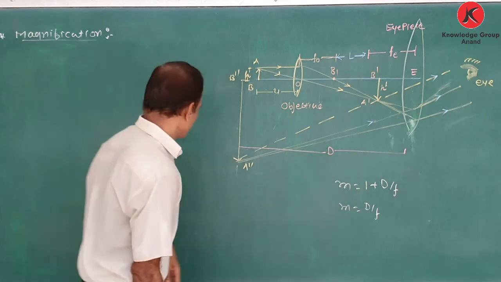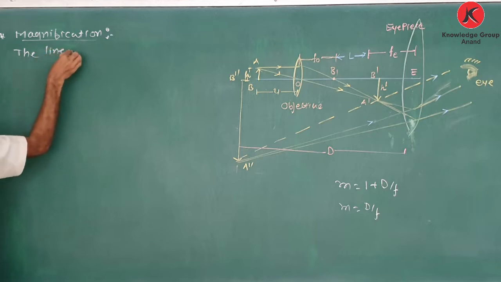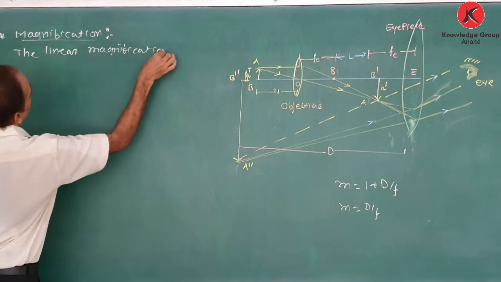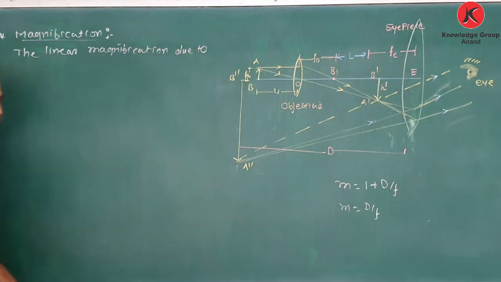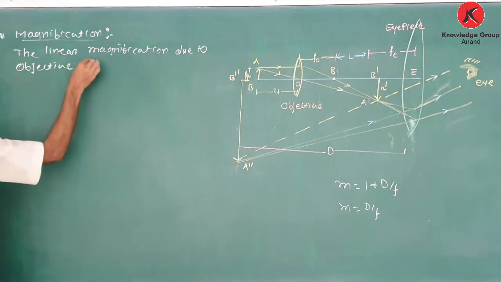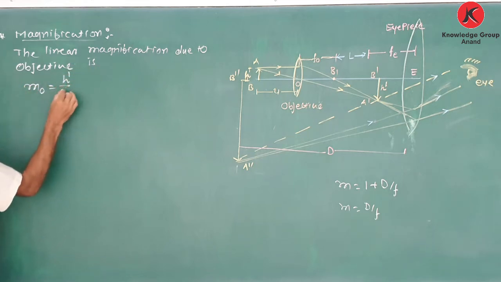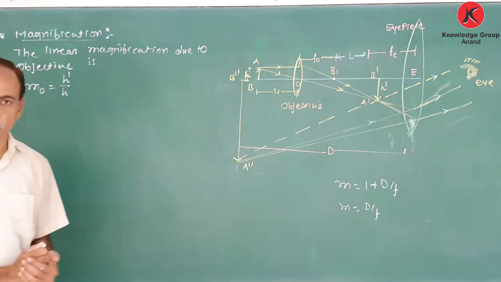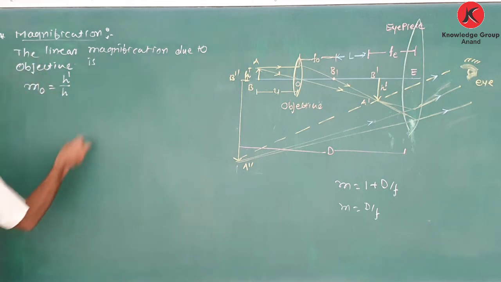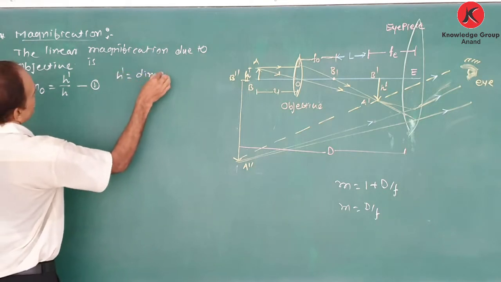Okay. Now for that purpose, the linear magnification due to the objective is, M0, the magnification for the objective, is equal to H' upon H. Already we have the definition of the height of an image to the height of an object, that is known as the linear magnification. Then the equation number 1 here, H' is equal to the dimension of